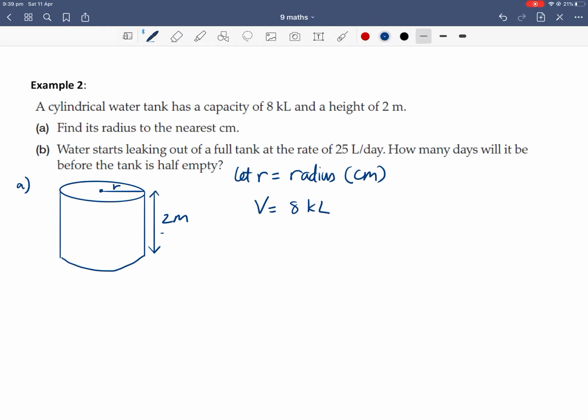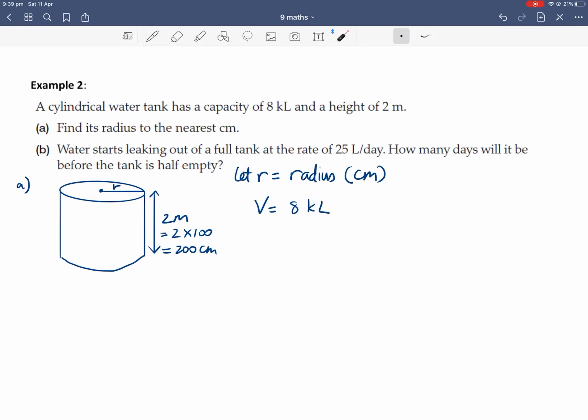So let's look at the height of 2 meters. Converting meters to centimeters, times 100, so 2 meters is 200 centimeters. Now, over here in the capacity, kiloliters,